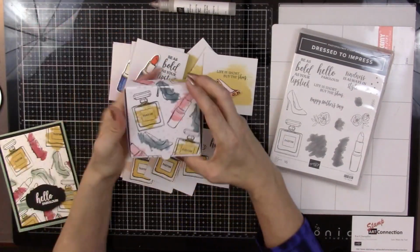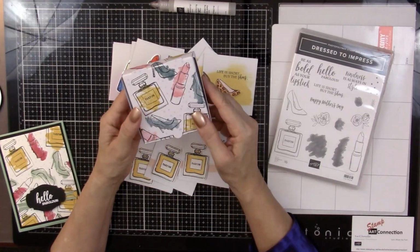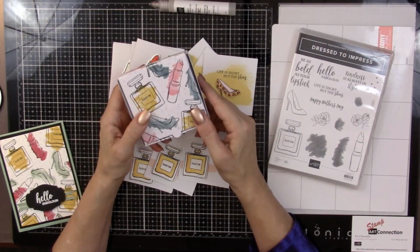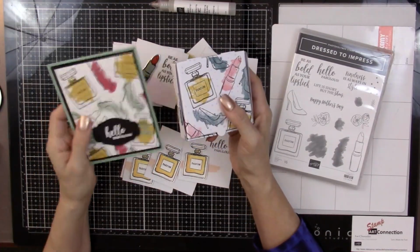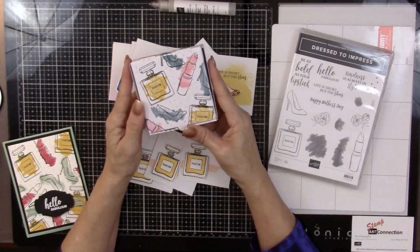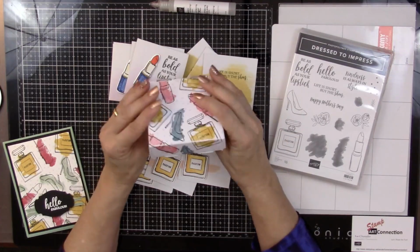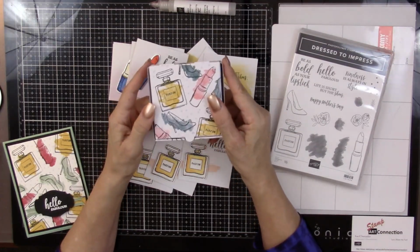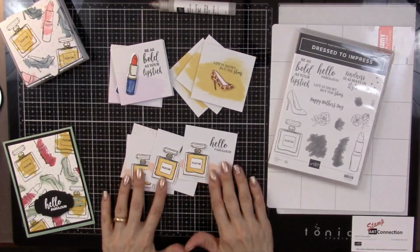But what I wanted to demonstrate is I made this pizza box, and if you'll go to my blog, you'll notice that I stamped this much like I'm going to demonstrate how to stamp the front of this card, when the pizza box was flat and it hadn't been folded yet. It's just really very easy to stamp. I then created the